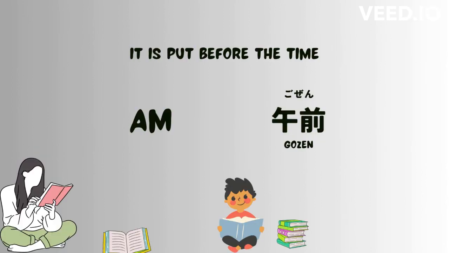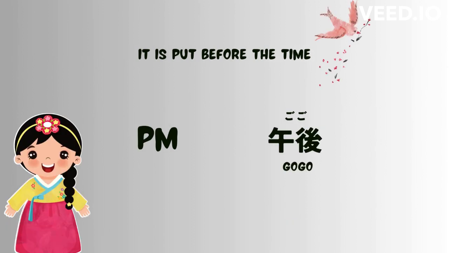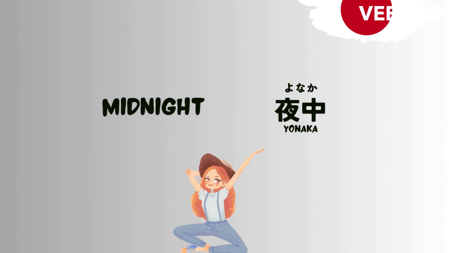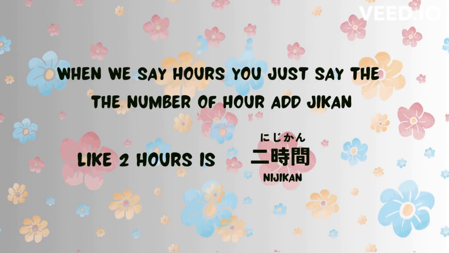As for the definition in time, like AM, it is put before the time. So AM is 午前。PM is 午後。Midnight is 夜中。As for the hours, you just say the number of hour and add kan, like 2 hours is 2時間。